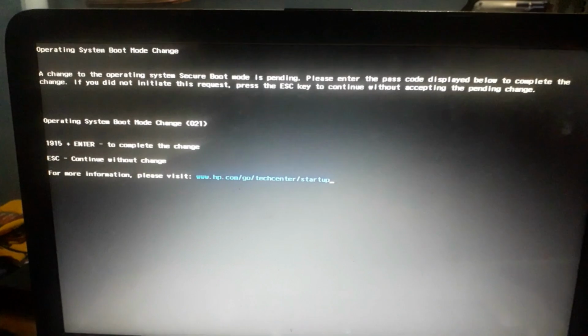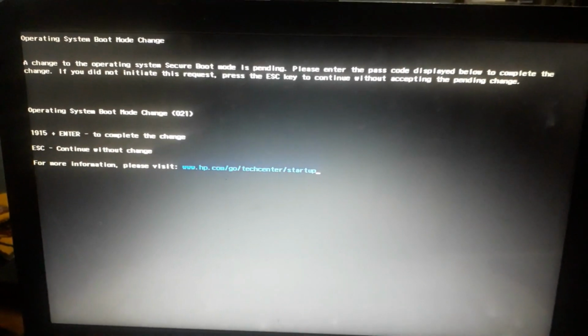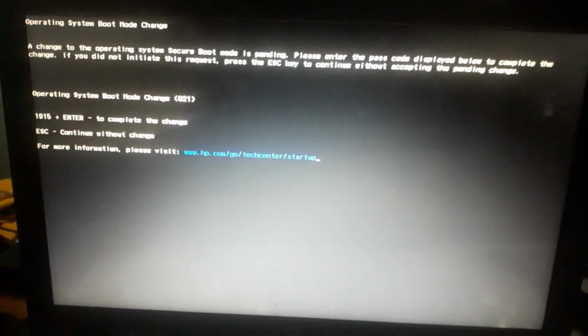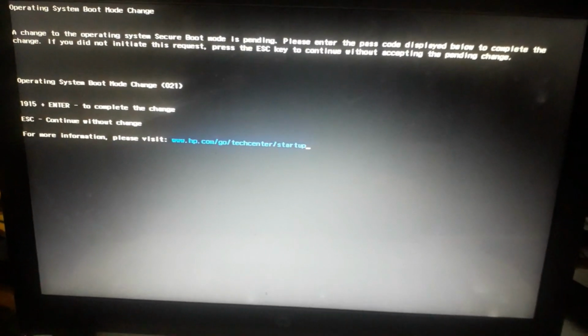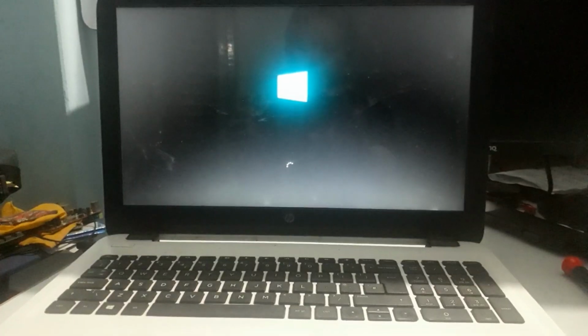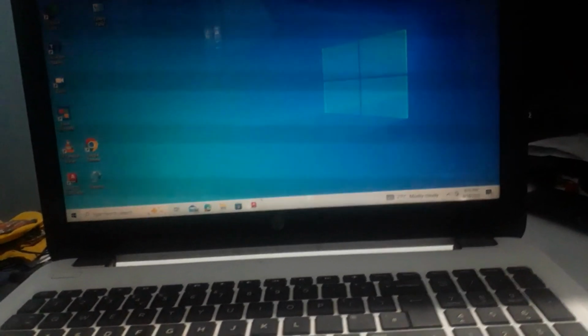So press F10 again on your keyboard and press enter to complete this change. So you have to press enter and the process will be complete here. The PC window has been started. This way we can easily solve